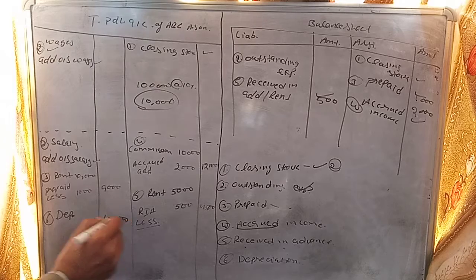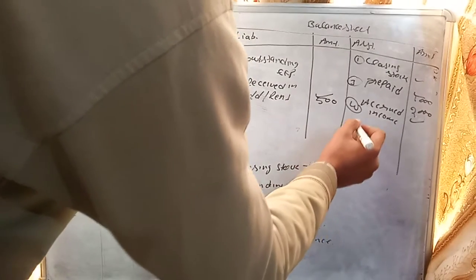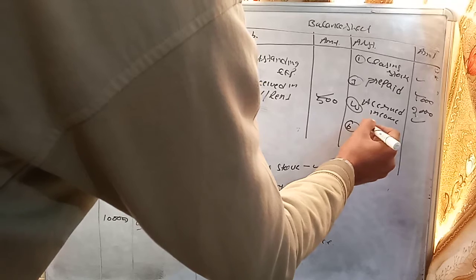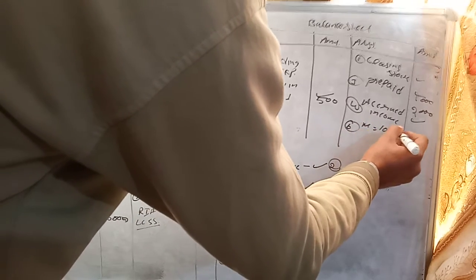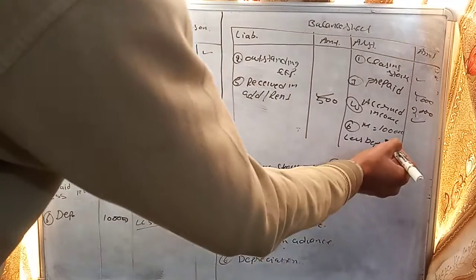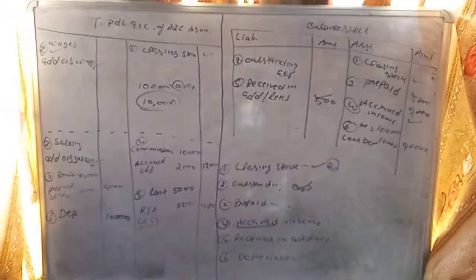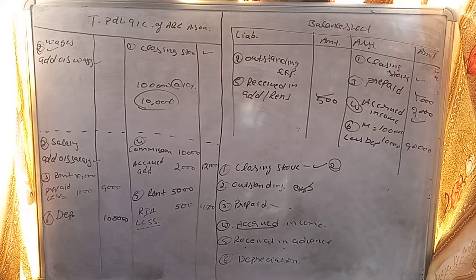And what I do in the balance sheet, the treatment will be like we have machinery for rupees 1 lakh and I will deduct the depreciation from the machinery, 10,000. So I will mention the value 90,000. Clear? So this is the complete treatment of these 6 adjustments, and the rest of the adjustments I will explain in the next video.